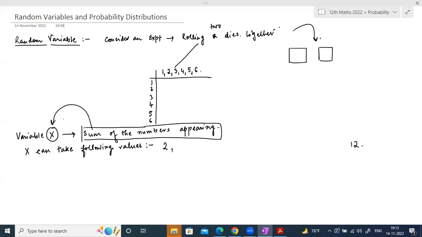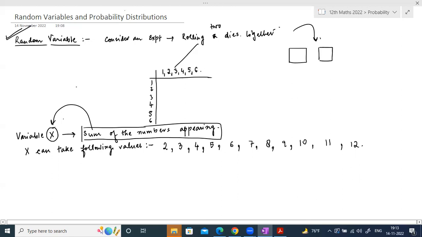And I believe every sum in between 2 and 12 should be possible. हाँ. है ना? 5 भी आ सकता होगा, 6 भी आ सकता है अगर 3 और 3 आ जाए, 7 भी आ सकता है, 8 भी आ सकता है, 9 can also come, 10 can also come, 11 can also come, and 12 can also come. Nothing more than 12 can come, and nothing less than 2 can come. So from such an example, I think now the definition or the meaning of a random variable should be clear.